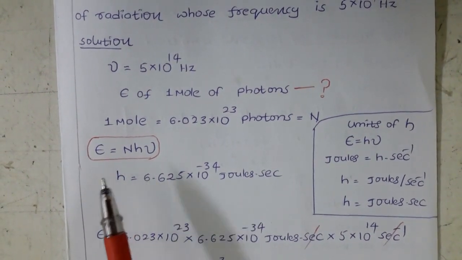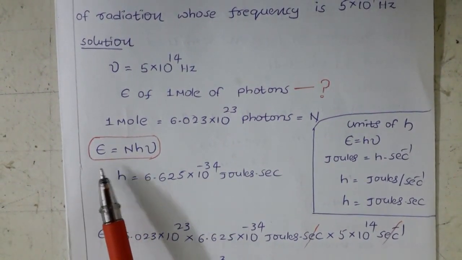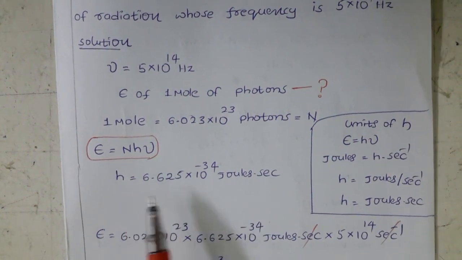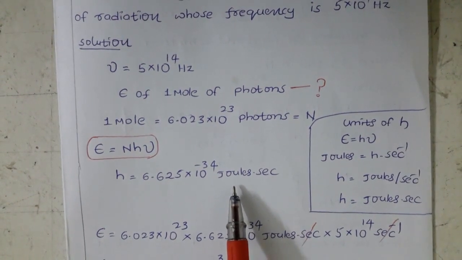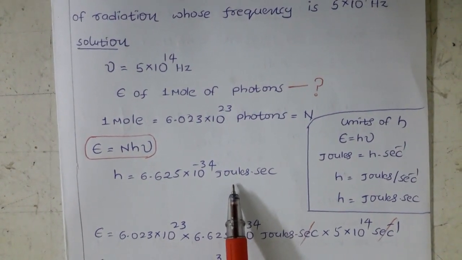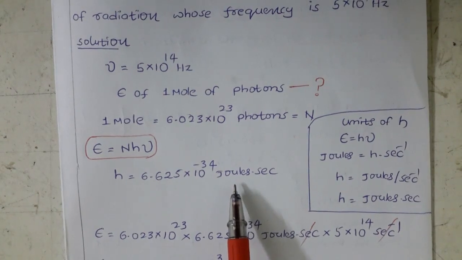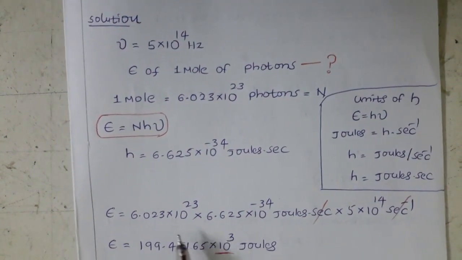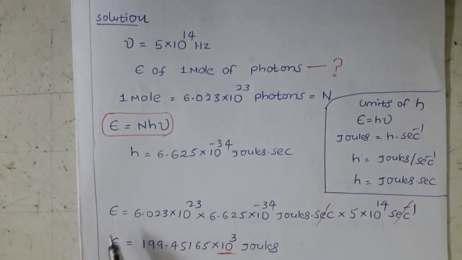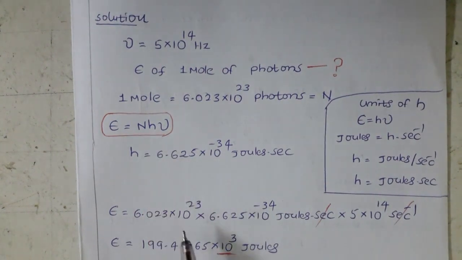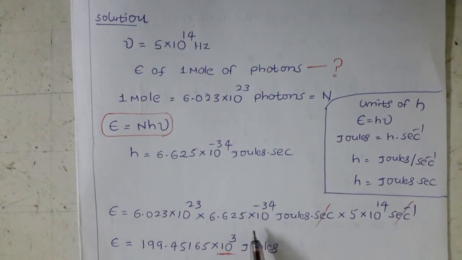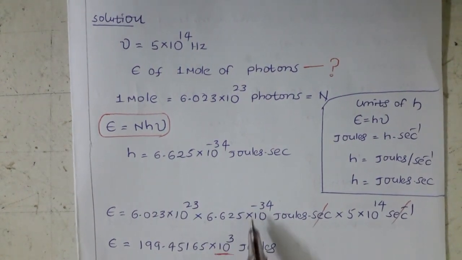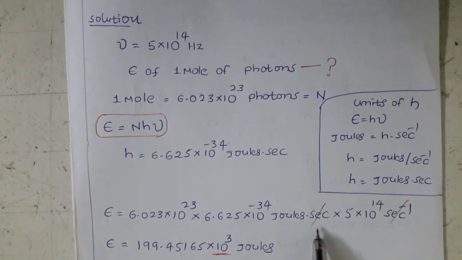So here we have the equation E equal to N h nu. For the Planck constant value, in erg or joules you can take any one, but the units should be matched. Units should be either in CGS or MKS. I am taking joules into second. Now substitute the values in the above equation. N is a constant, so we substitute it as such, and h is also a constant, 6.625 into 10 to the power of minus 34 joule into second.